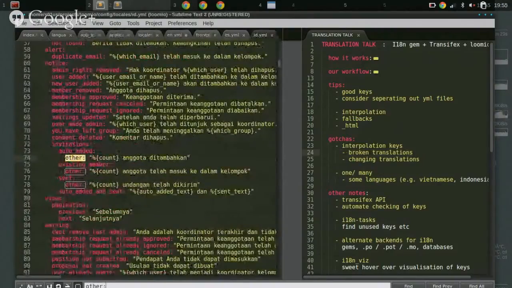Rails has this really cool, smart thing. Here's an example of interpolation. You've just invited a number of users, count some number, to join your group on Loomio, and you get this email or message pop up saying you've successfully invited count users. In English,